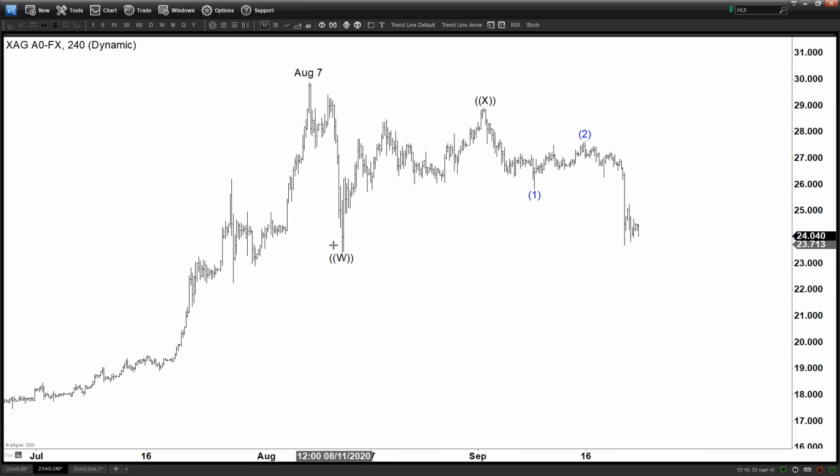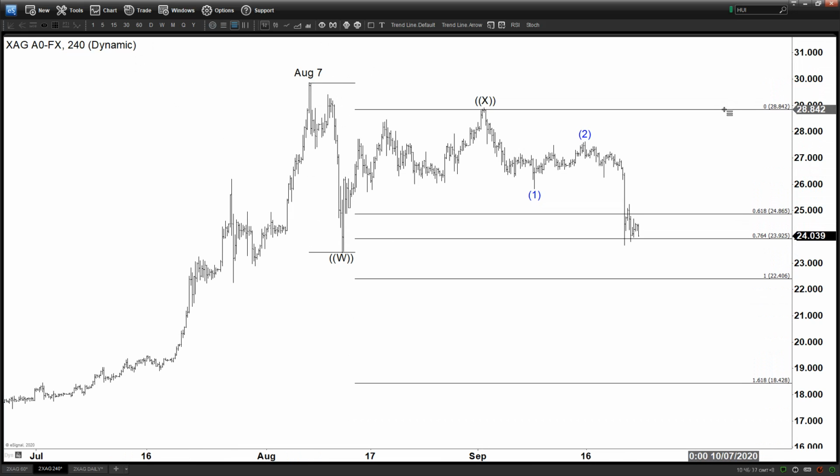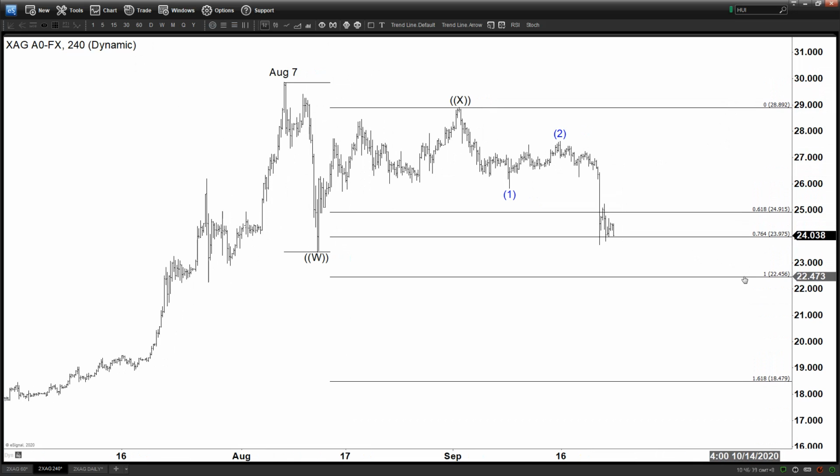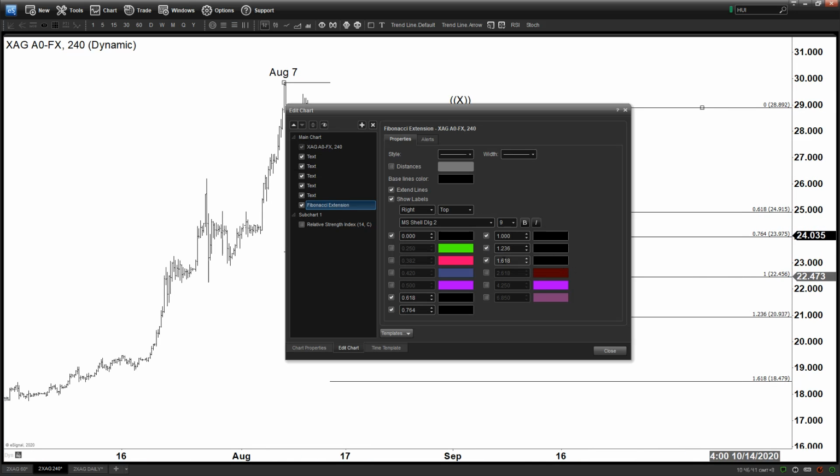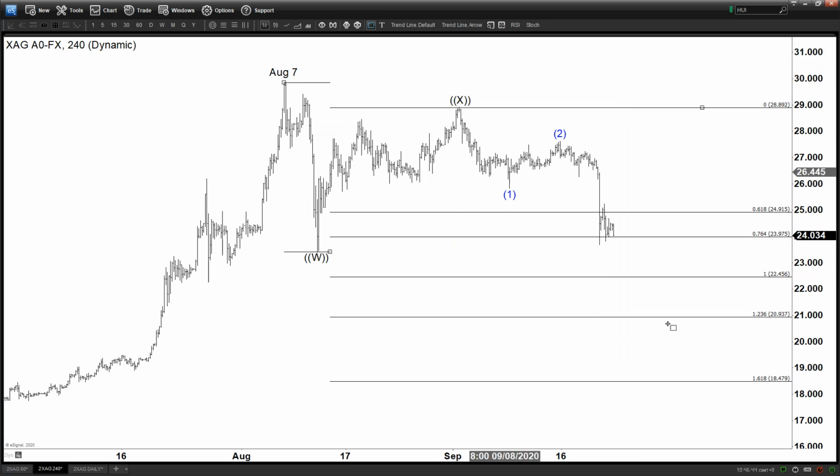Bottom line is, if it breaks below here, then you can expect a target somewhere closer to the 100% extension, which is this area. Once we break below here, that will increase the probability we can continue to go down, and if we can reach the extreme area, which is the 100% in this 3 swing here, then this is a possible area where